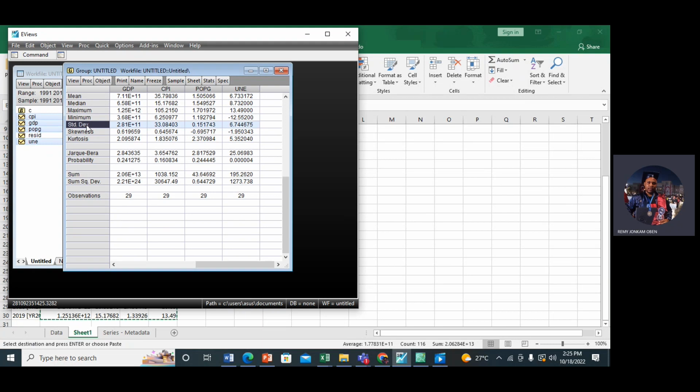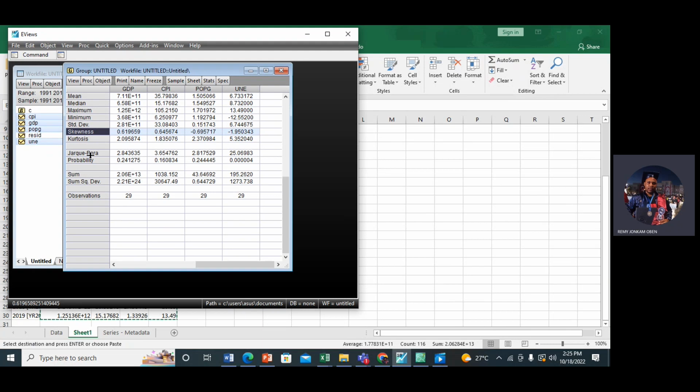How do you explain standard deviation? Standard deviation shows you the variability in the data. It shows you how far the data points are from the mean value. So you know the mean value is like the average value, but there are some data points which will be above the average and there are some which will be below the average. So the standard deviation shows you on average how these data points deviate from the mean value. We have the skewness and kurtosis,